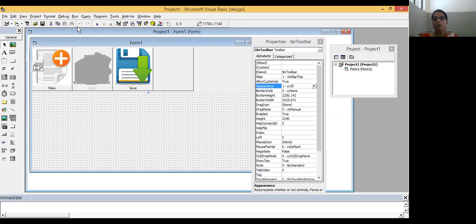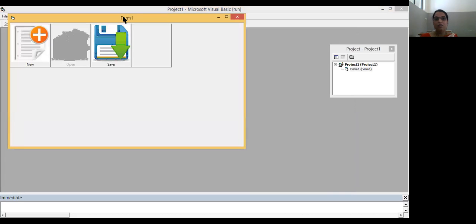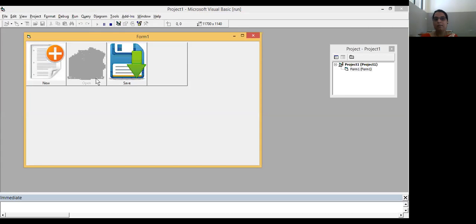Now when you run the application, you will see the toolbar like this. You can also specify the height for the toolbar icons. Still, if you click on any of these icons, you are not able to execute any code, because I have not written the code for these icons. That will be illustrated in the next lesson.